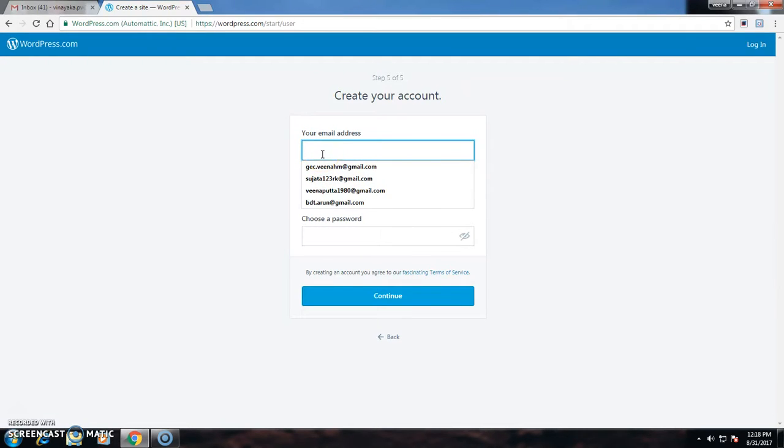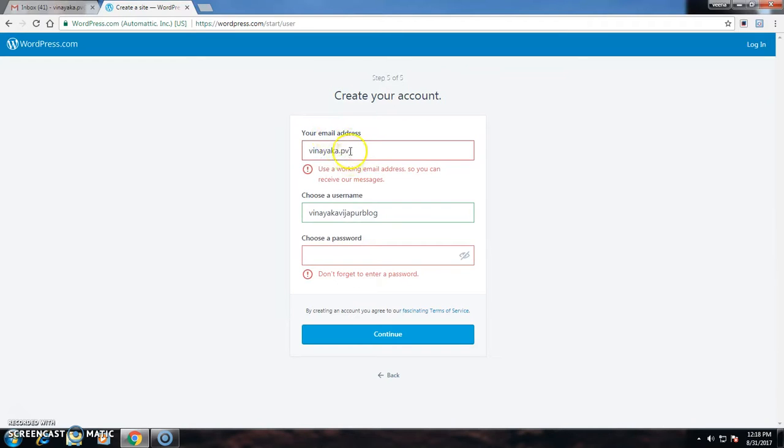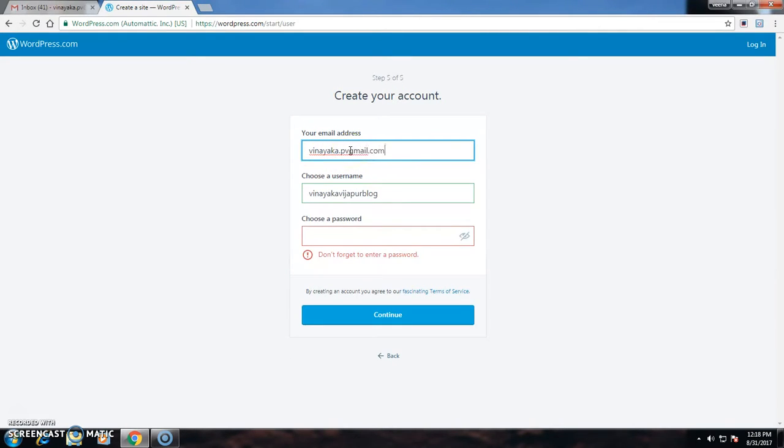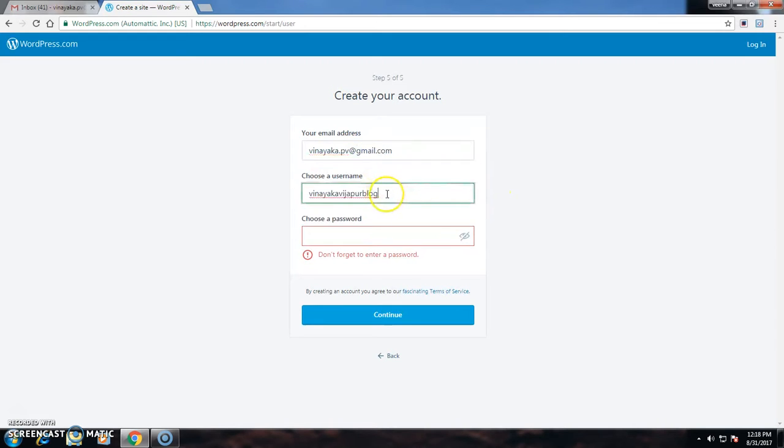So now I will enter my email ID here. Next, the username. Afterwards, I choose the username as Vinayak Vijapur, and choose a password.